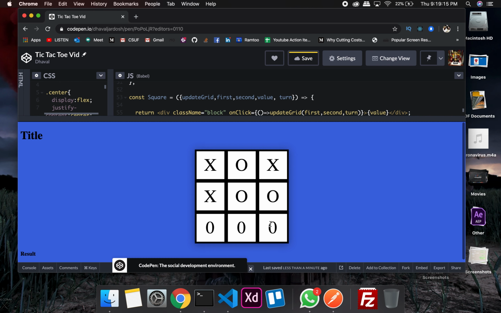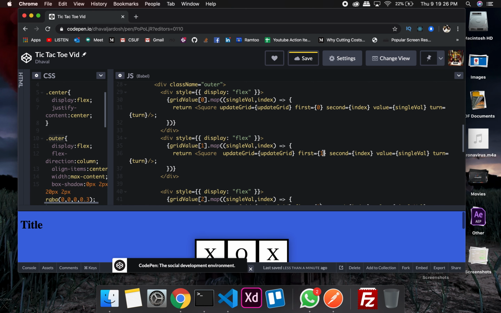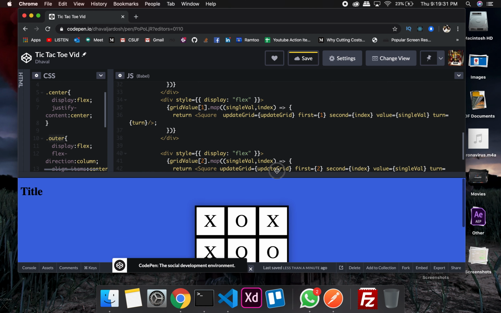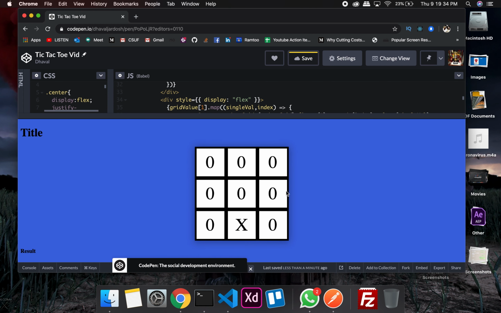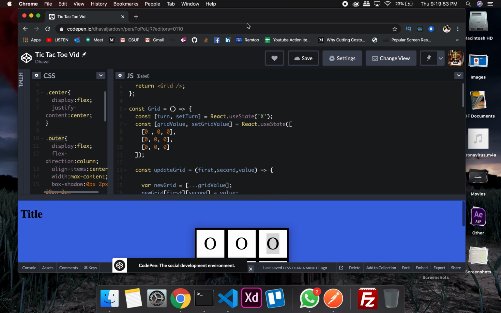So for some reason the third row is not working, because there should be, yes, see this first is the 0th element, first element, and this should be the second element. For some reason I made the same mistake when I was coding it for the first time. I don't know why. Okay, but this is working, but you'll see it won't stop changing, right? It will keep changing even though the game is stopped, and it's not even determining the result because we haven't created that. For that reason, what we need to do is, I have already created